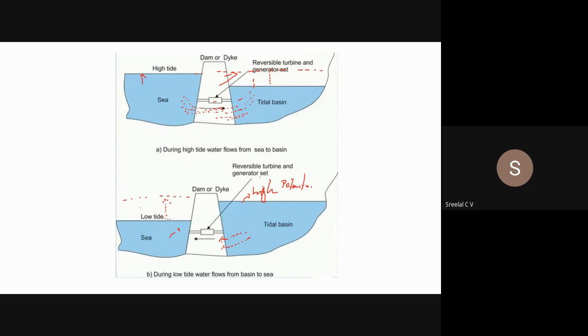Understood? Yes, sir. Yeah, here you have to label a thing is that here we are using a reversible turbine. Okay, reversible turbine, clockwise and anti clockwise എന്താണ് അത് റൊട്ടേറ്റ് ചെയ്യാൻ പറ്റും. Corresponding there will be a generator set, അല്ലെ, രണ്ടിന് ആ റൊട്ടേഷൻ കറസ്പോണ്ടിങ് ആയിട്ട് we will be obtaining electricity. Okay, do you understand? Yes, sir. Yeah, okay, and then just write or just have a rough sketch over this.